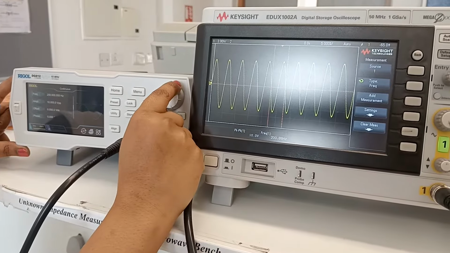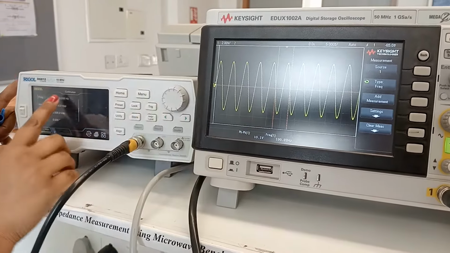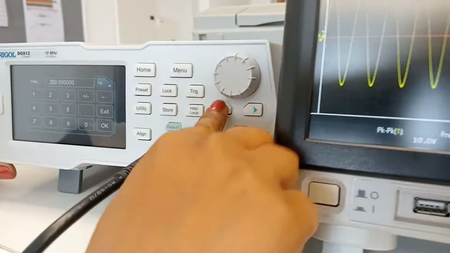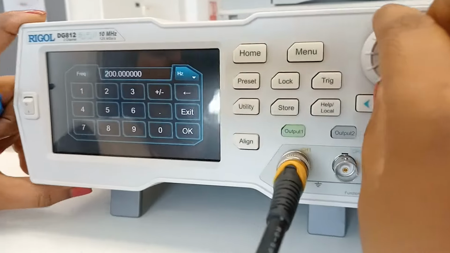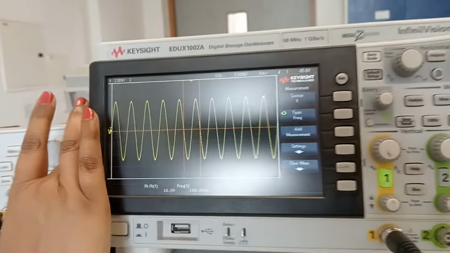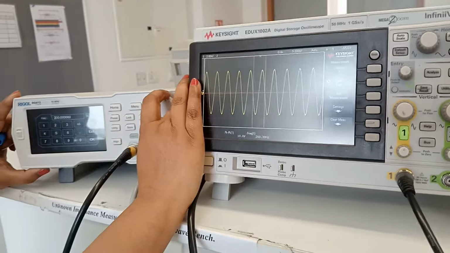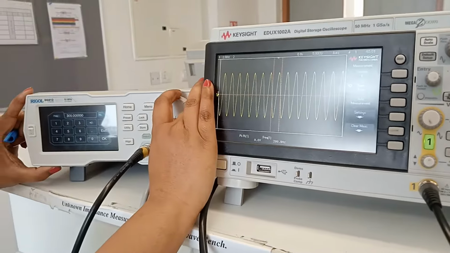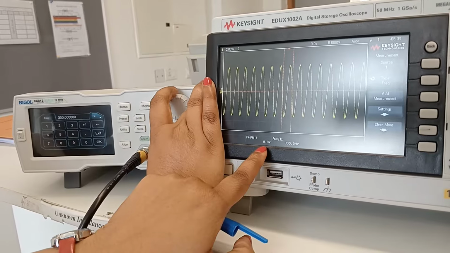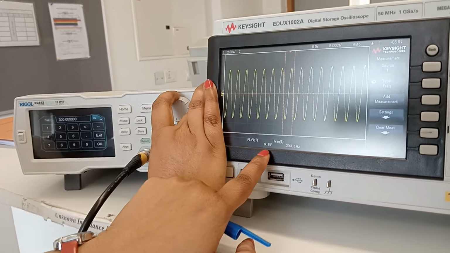Let us see. Let me just bring it to the first digit. Now I'll use this knob to keep on changing it. Now together please see both the screens. Increase to 300 Hertz, peak to peak is 9.8 volts. Little bit change in the peak to peak voltage, it has decreased.